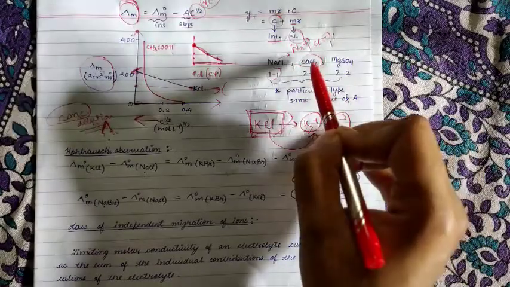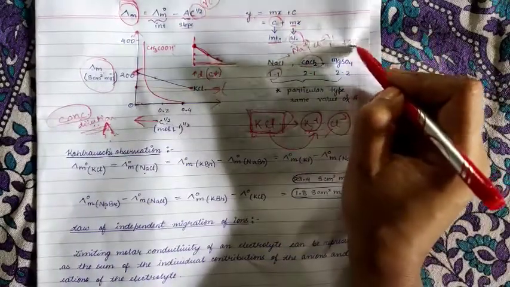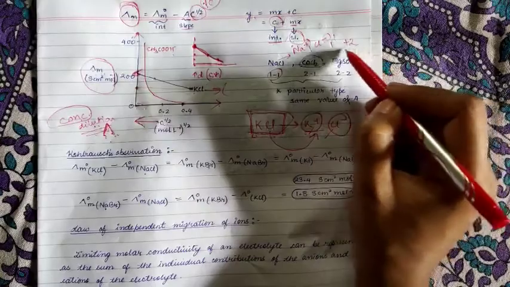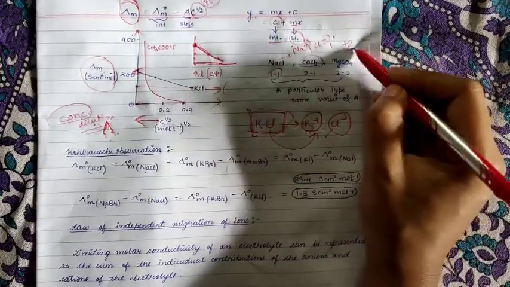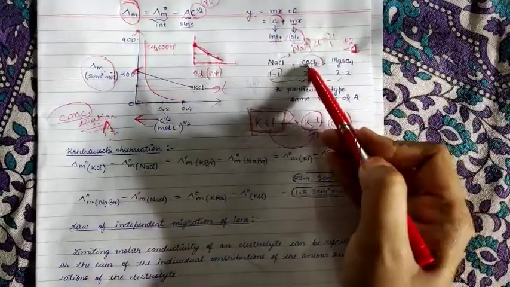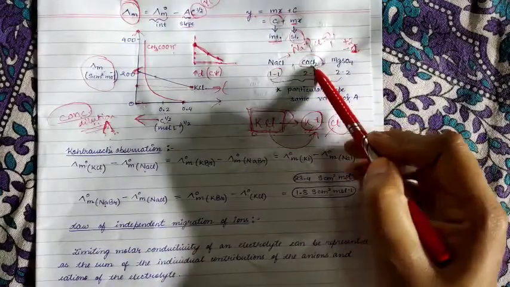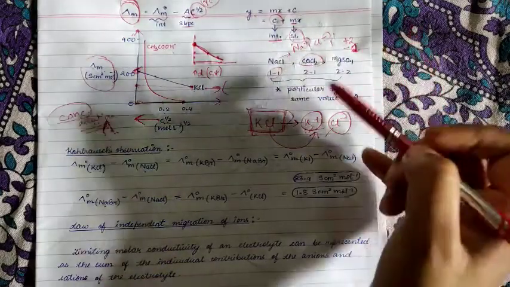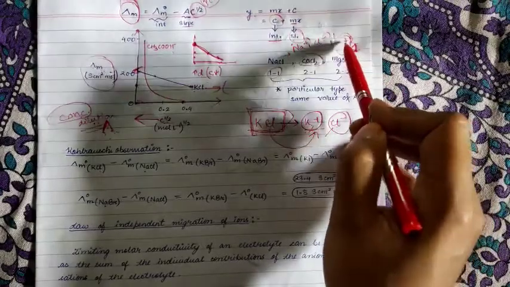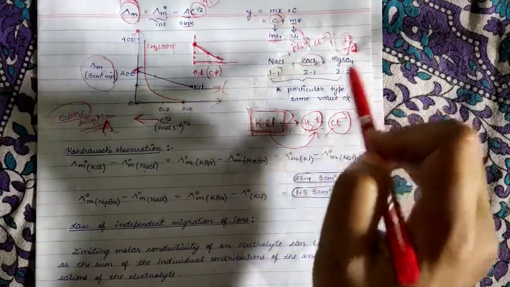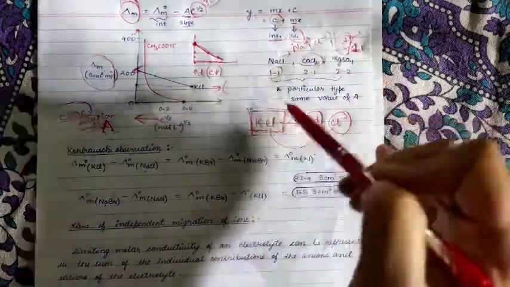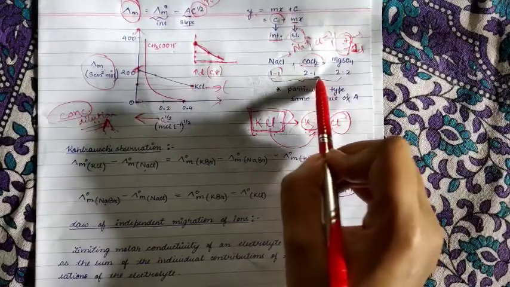Next, for calcium chloride, for calcium you know it's +2, and for chlorine it's -1. Okay, so for calcium it's +2, and for the chloride ion it will be -1. Again, we are not about to discuss here the plus and minus. It does not depend on it. Only the values are required. So here it will be 2 and 1.